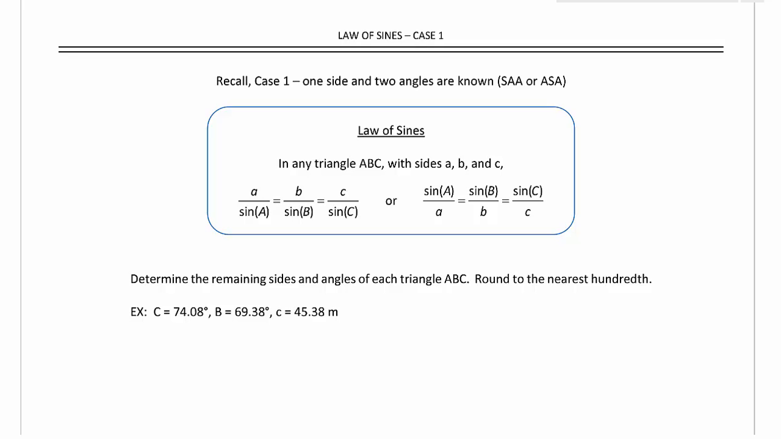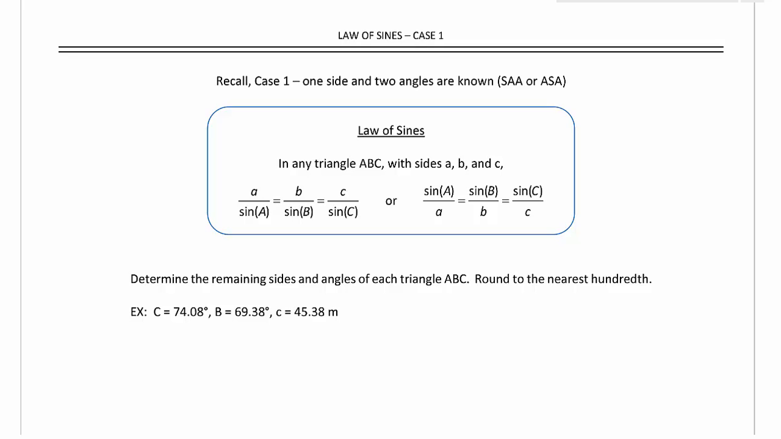Recall case 1 type triangles from our introduction to oblique triangles video. This case 1 is when one side and two angles are known in our triangle. In this video, we're going to use a technique called the law of sines to help us solve these types of triangles. The law of sines states in any triangle ABC with sides A, B, and C,